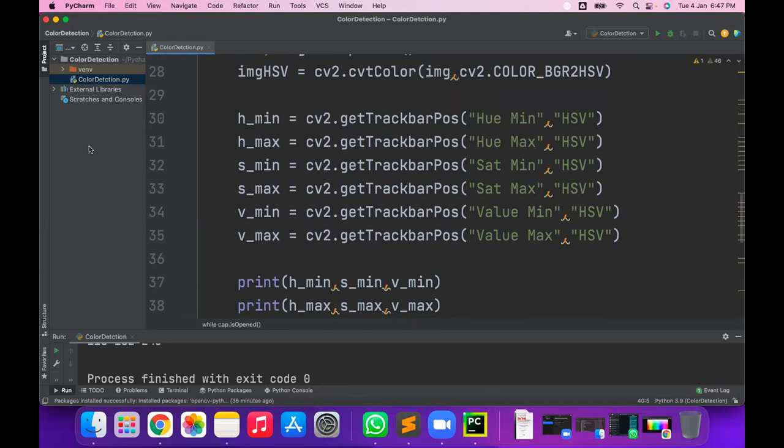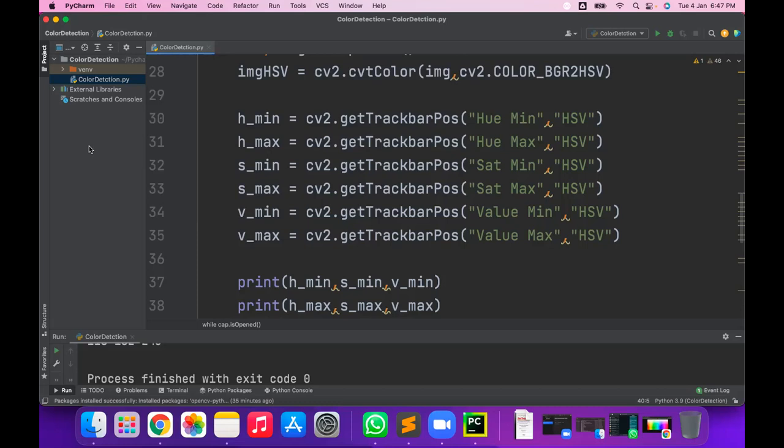Get these values H mean, H max, S mean, S max, V mean and V max. Using H mean, S mean and V mean, we will create one array which holds the lower values of the HSV.